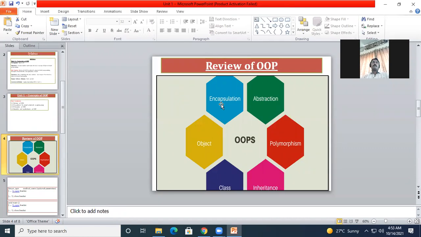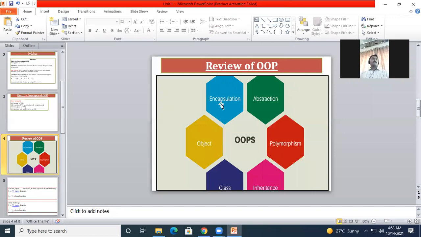Okay, now we will see this concept. So can you note it down? Just now we have talked about class and the object, so I will repeat it.